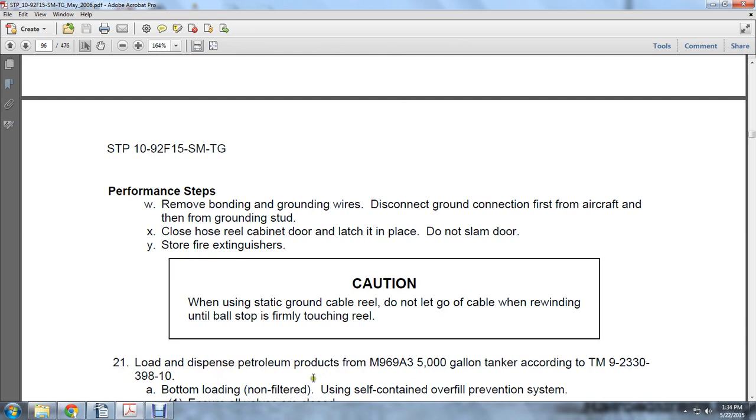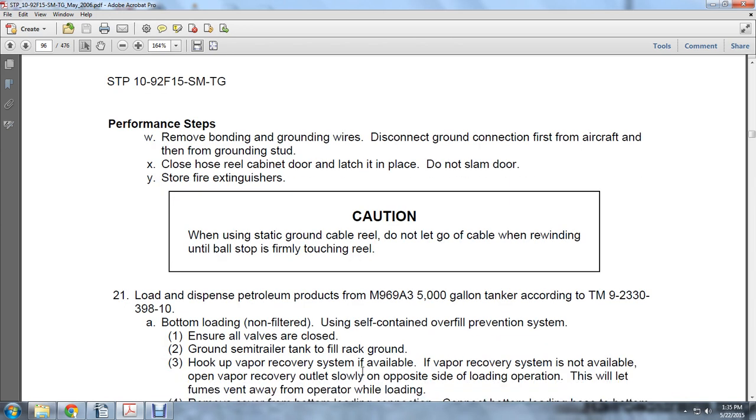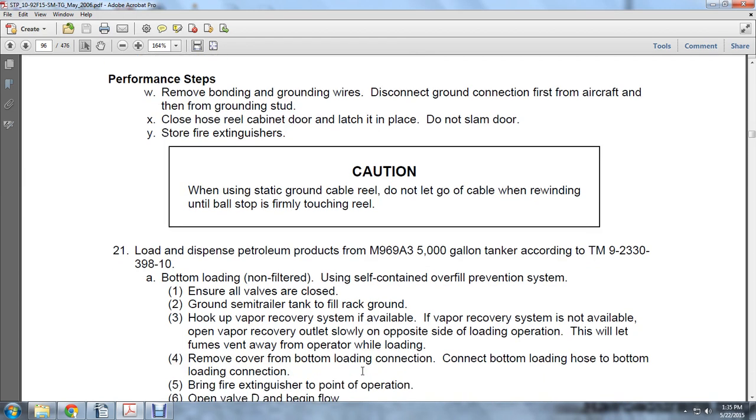Load and dispense petroleum products of the M969A3 5,000 gallon tanker according to TM 9-2330-398-10. Bottom loading on filter, using the self-contained overfill prevention system, ensure all the valves are closed and ground the semi-trailer or tanker to the fill rack ground. Hook up the vapor recovery system if available. If the vapor recovery system is not available,